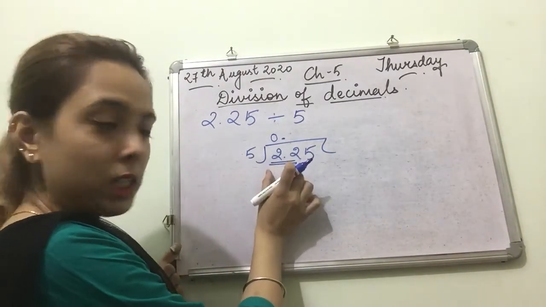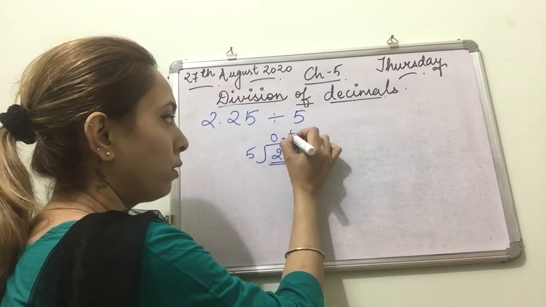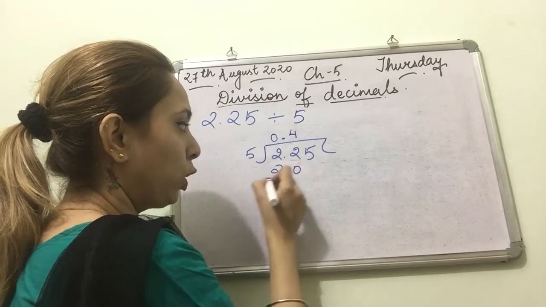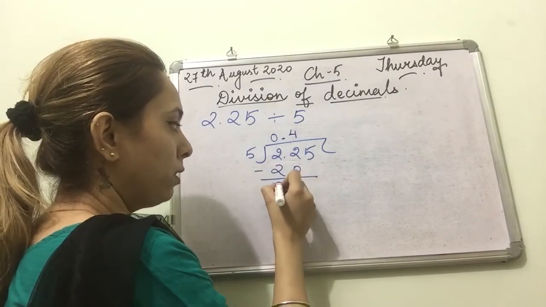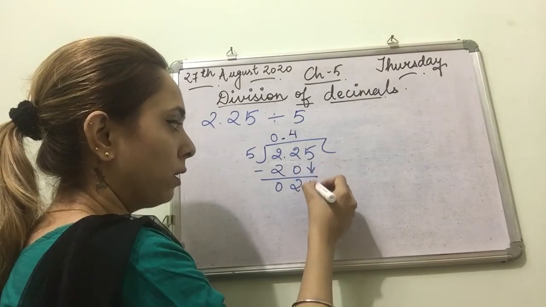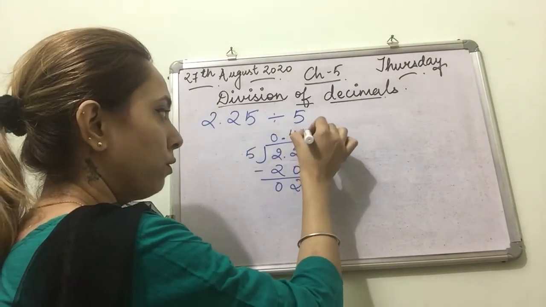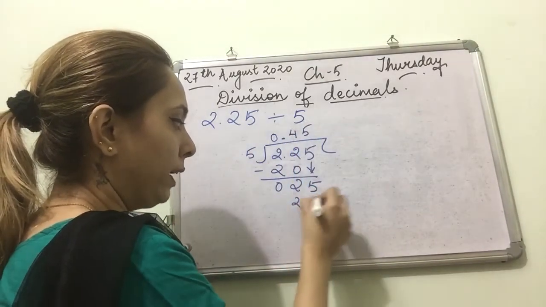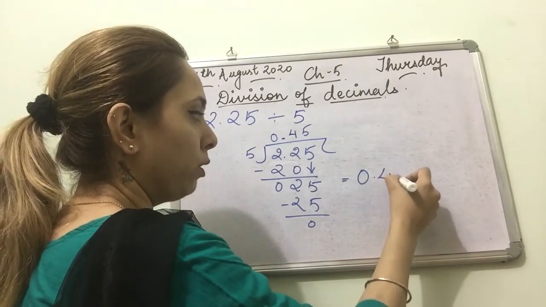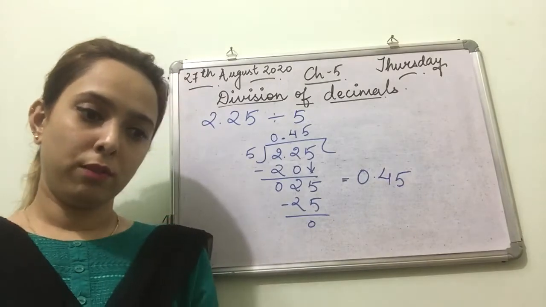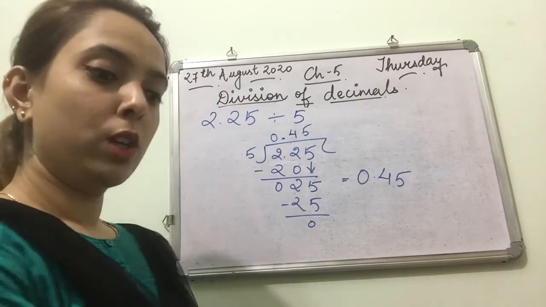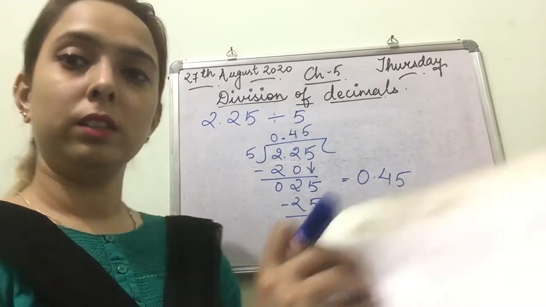Now we can divide. 5 4s are 20, 0 and 2. We will get this 5 down. 5 5s are 25. So your answer is 0.45. I hope it is clear to all of you. So this is the way of dividing decimal numbers